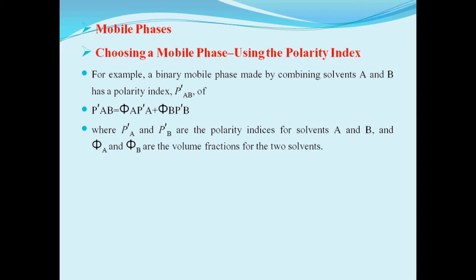Given a particular stationary phase, retention times in normal phase HPLC are controlled by adjusting the mobile phase properties. For example, if the resolution between two solutes is poor, switching to a less polar mobile phase keeps the solutes on the column for a longer time